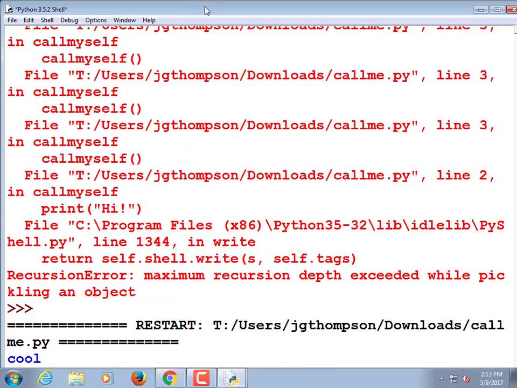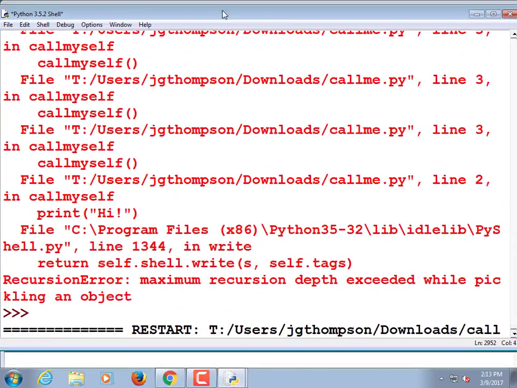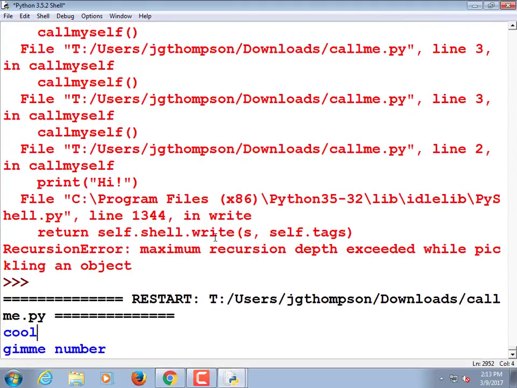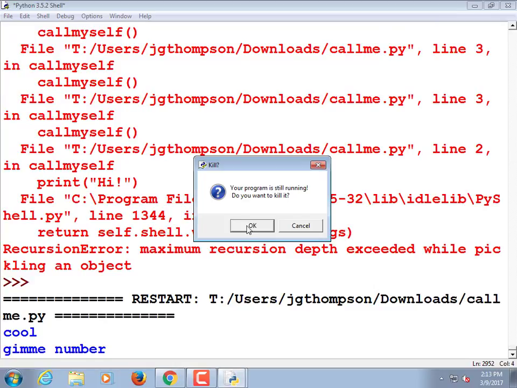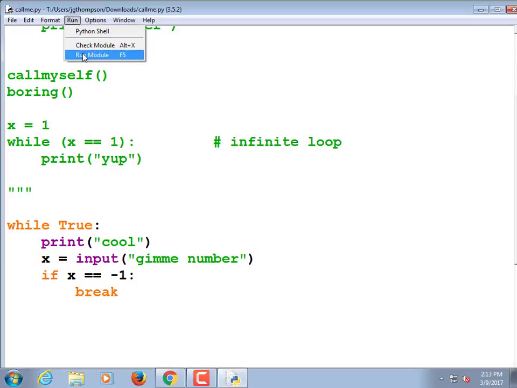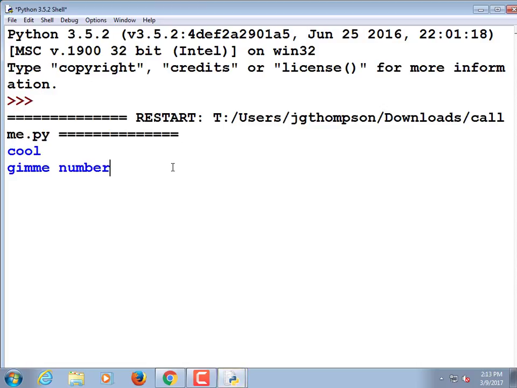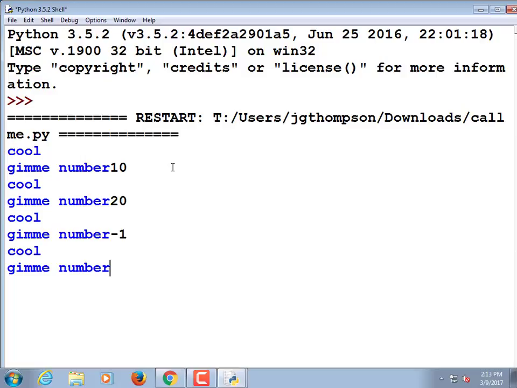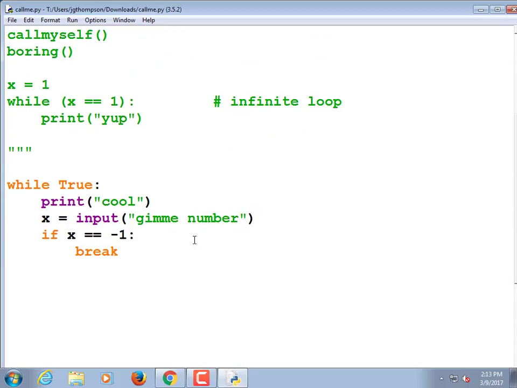It says cool. Should have said give me a number. Let me rerun it. Give me a number. Okay, 10. Cool. 20. Once I finally type in -1, it doesn't do anything. What did I do wrong? Brownie points to the first person who spots it.